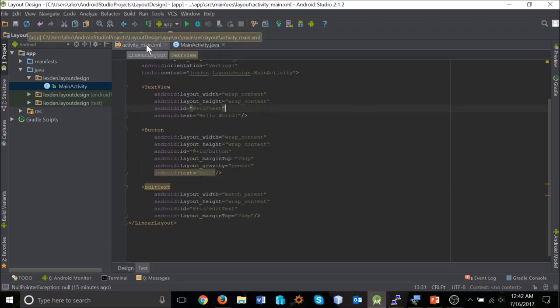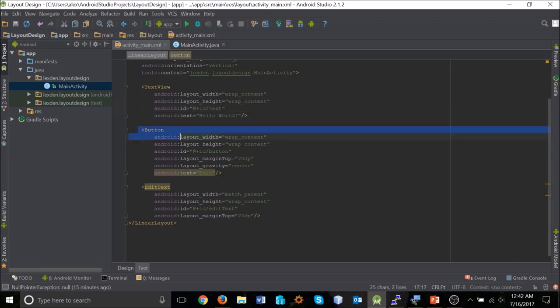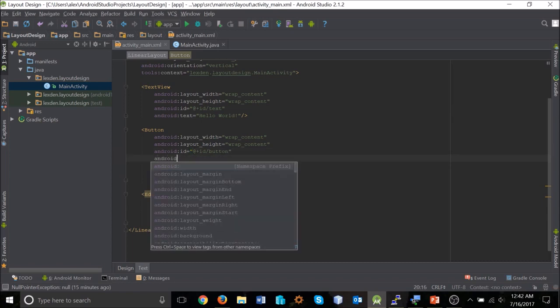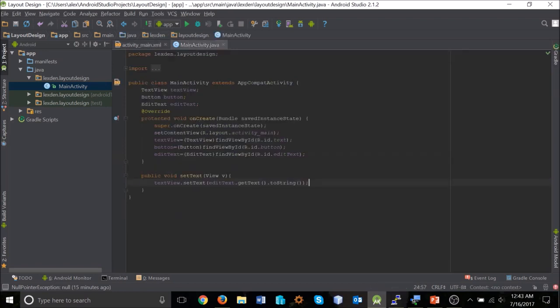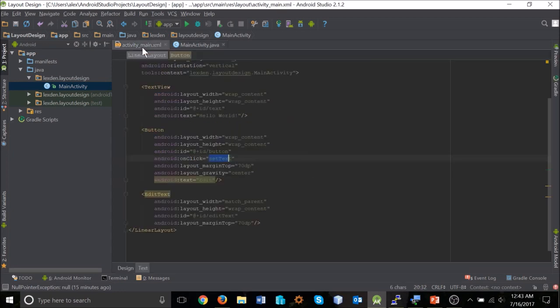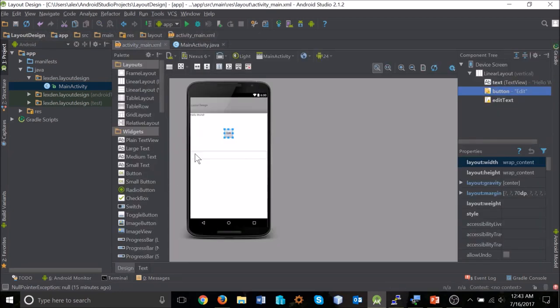But there's still one more thing to do. We do need to go back into the activity_main.xml file, and we have to make sure that the button, when it's clicked, calls that method. So we'll go android:onClick equals, and right there it's already there for us, setText. So basically, on the click of the button, it'll call the method setText. And so now let's switch back to the design feature. And so basically we have our edit text here, and we click a button, and it'll change the text view